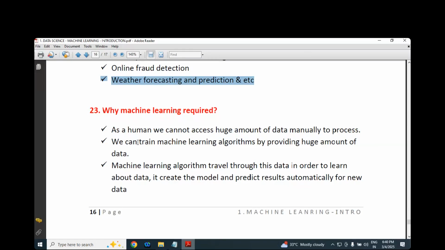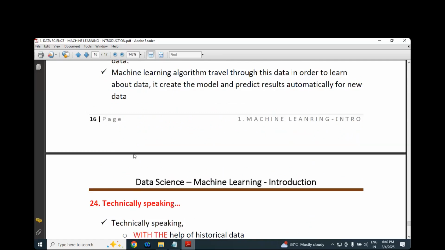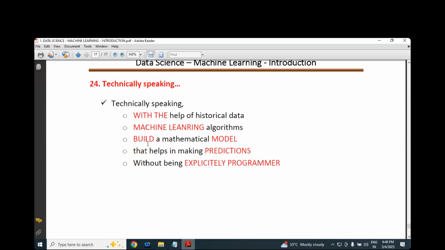So simple. From yesterday onwards I'm telling you, do you have a machine learning algorithm? Yeah, Daniel. You can try giving Amazon's last 10 years of data. Then the ML algorithm will understand what happened in the last 10 years. Backend, it will apply maths. Then once it understands the last 10 years of data, it will talk about the next future: how many sales we are going to get.